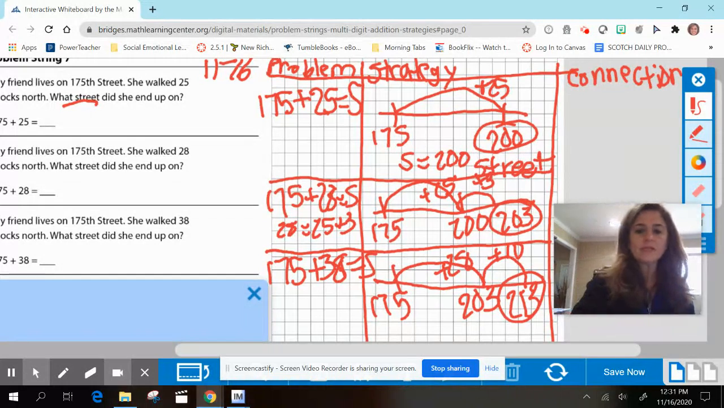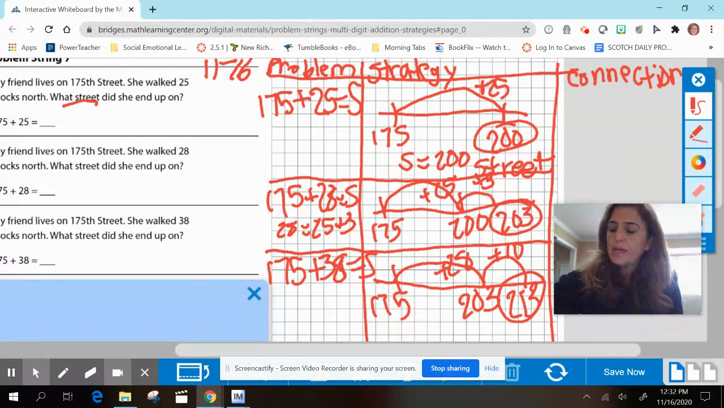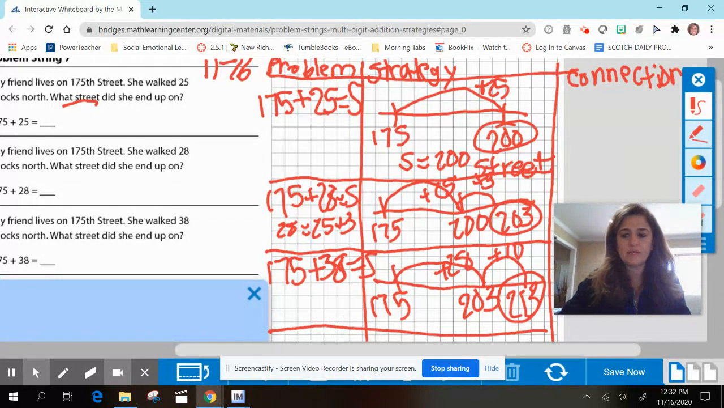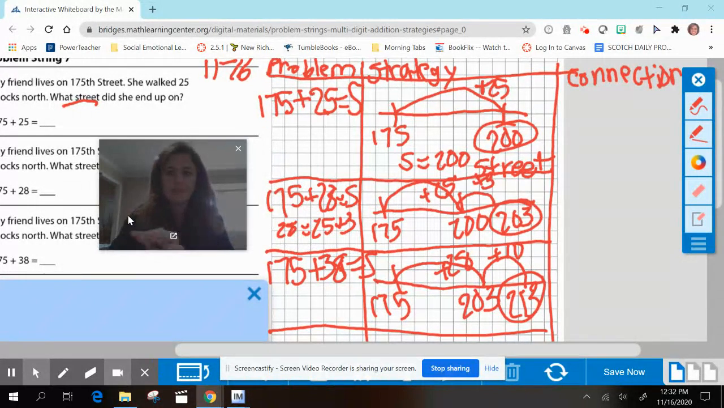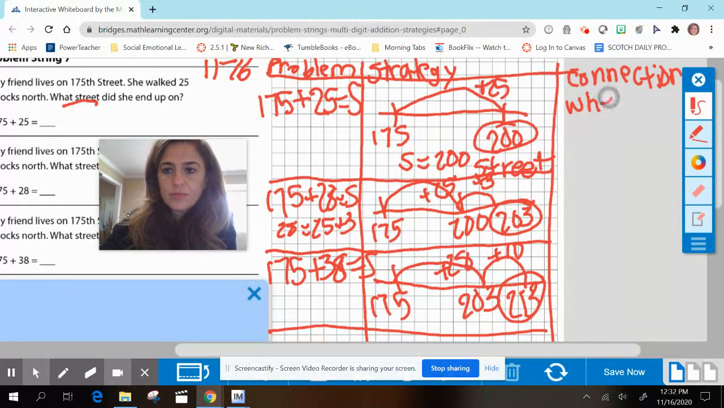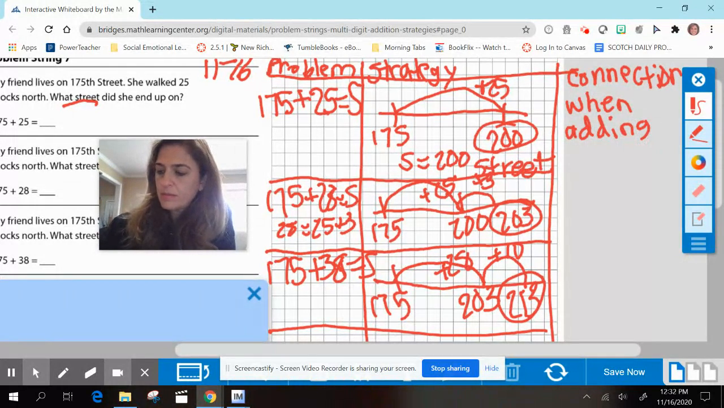Okay. So let's jot down a connection. All right, for your connection, this is what I want you to write. You should be writing this in your connection part. When adding, I'm going to use hashtag, but it really symbolizes number. When adding numbers, that's an S, you can